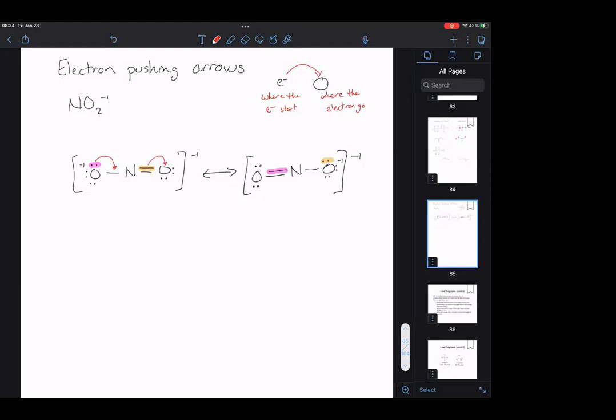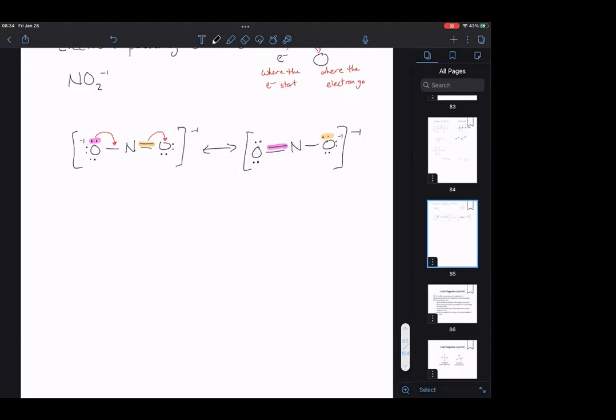So let's do a bunch more examples here, because I know this is a very common sticking point. What we're going to see is it's really cool because when we do a chemical reaction, we can show where the electrons are moving in that chemical reaction. We can show where they're moving when bonds are breaking and where they're moving when bonds are formed. But I know this is a really tricky thing, so we're just going to go through and practice it a bunch today. Okay. So for example,